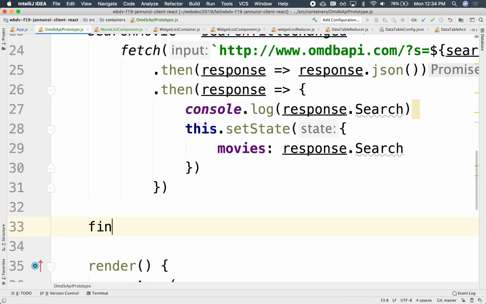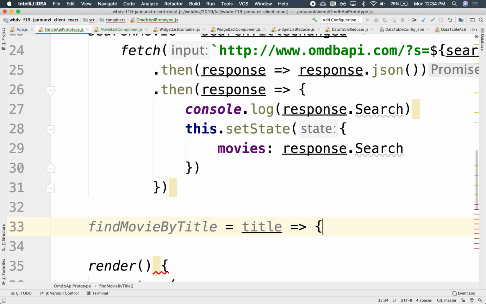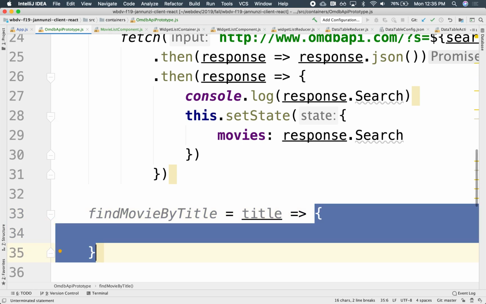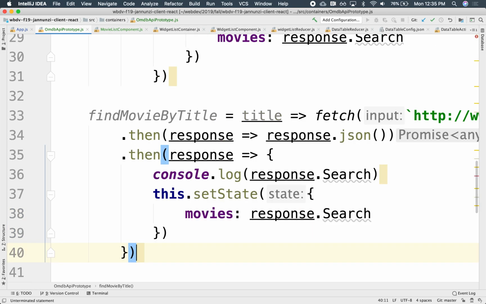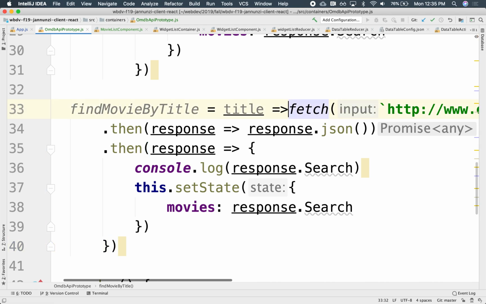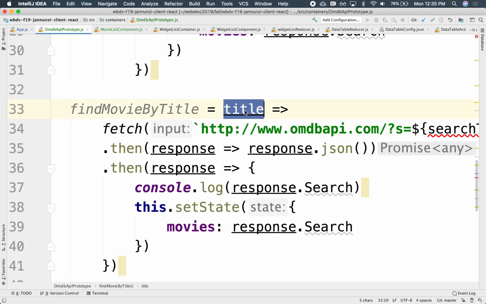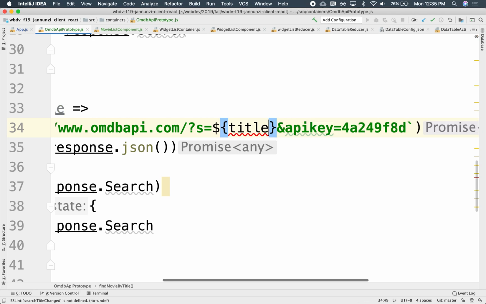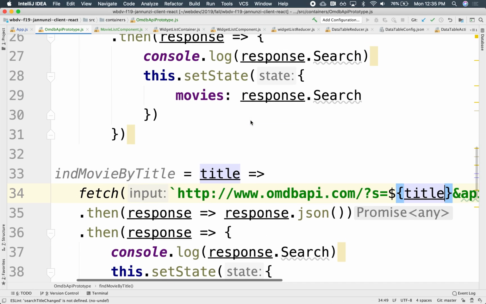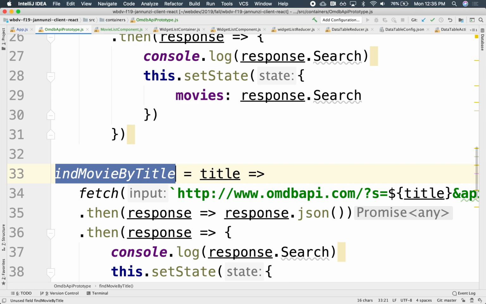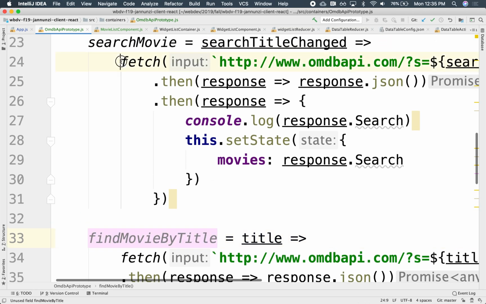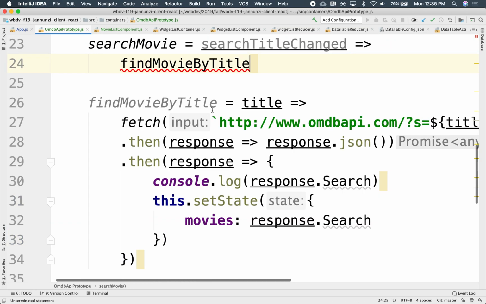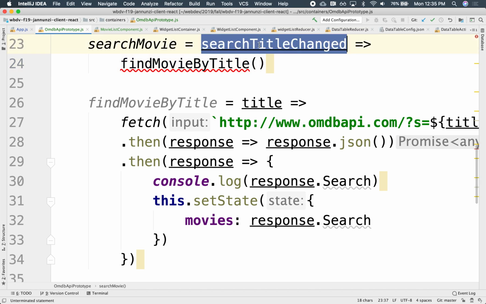declare a function here, so I'll call it findMovieByTitle, that takes in the title, right? And what it's going to do is it's going to do the fetch, and it's going to set, using the title as an argument. So this title over here will be our parameter for our query. And then what I could do is just reuse this findMovieByTitle and paste it in each one of these, right? So it's reusable, it's nicer,